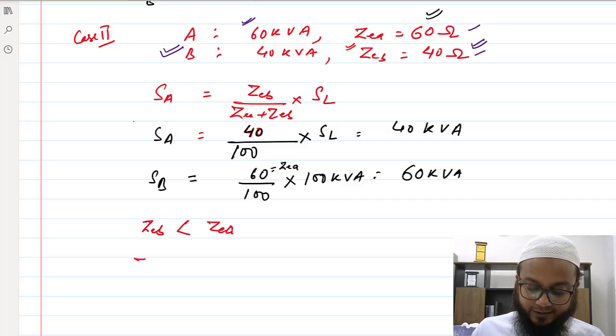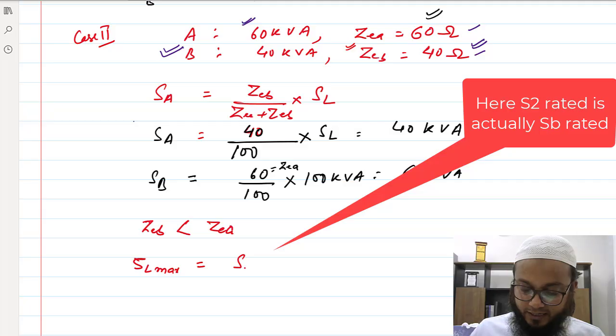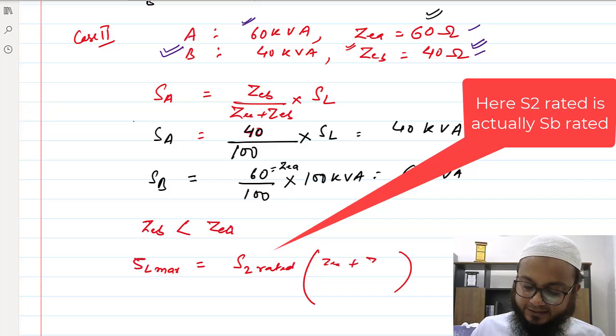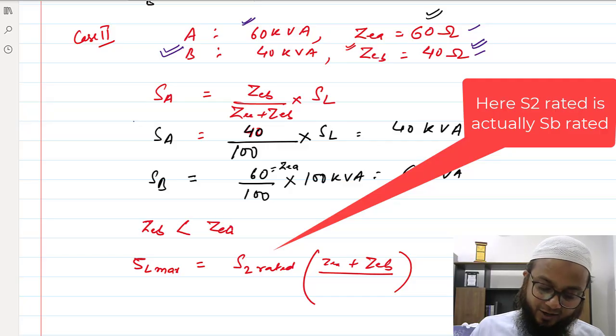So I would say SL max would be given by S2 rated into ZEA plus ZEB upon, and we have seen here, right, for SB we used to take the impedance of the other transformer,